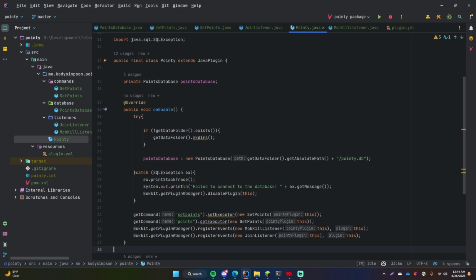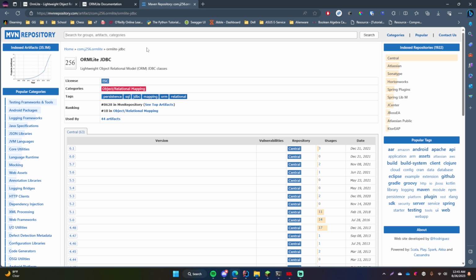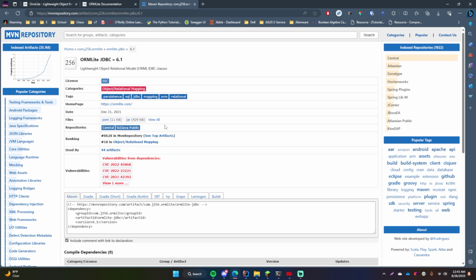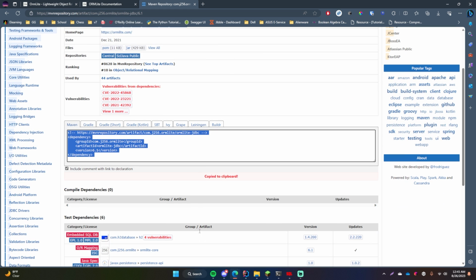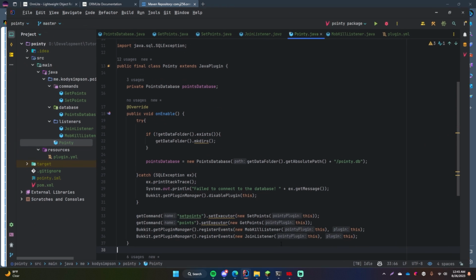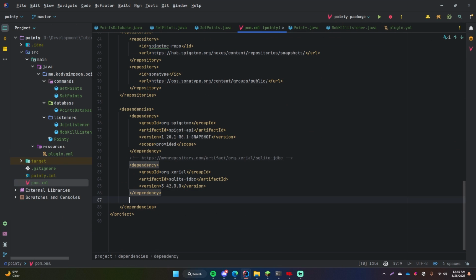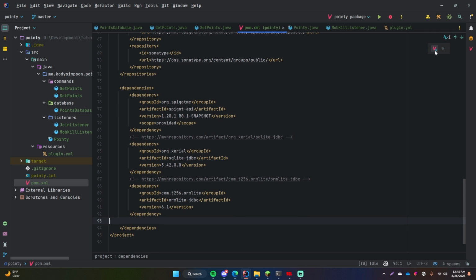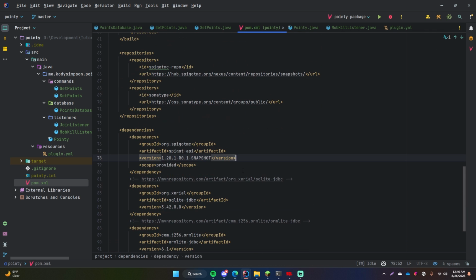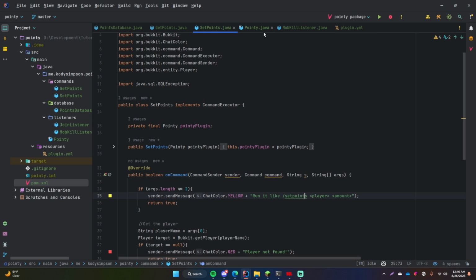So the first thing that we want to do is, of course, import the dependency. So here's where you can find the Maven dependency. I'll have a link for this in the description below. But you can go here and click the latest one, and then just go ahead and copy this dependency down here. Go back to your project, go to your pom.xml, and put it right there below the SQLite driver if you want to. And boom, there we go. So now we should have that available within our application.